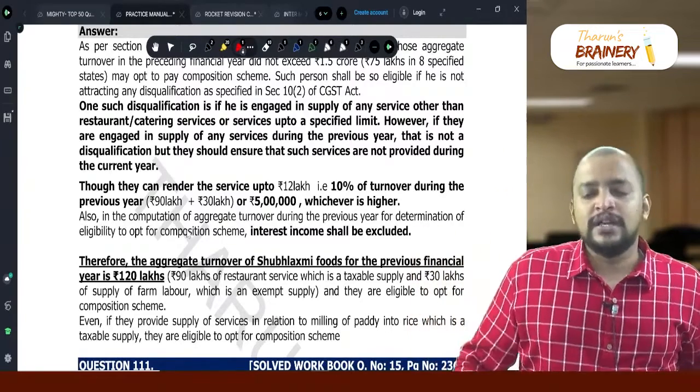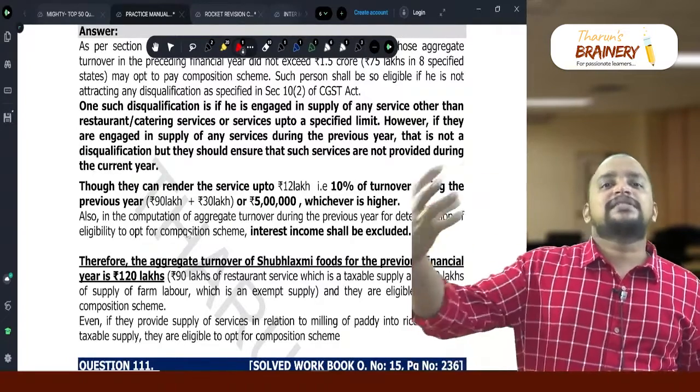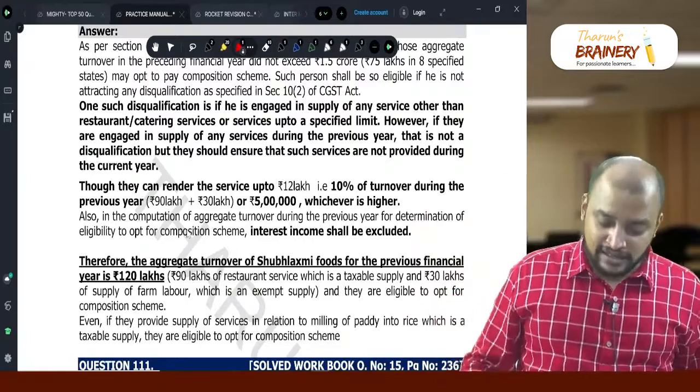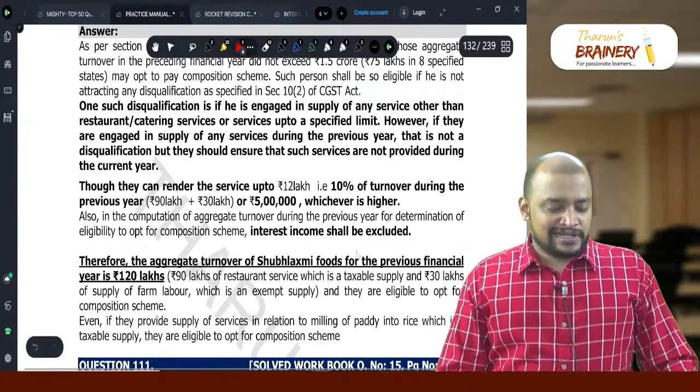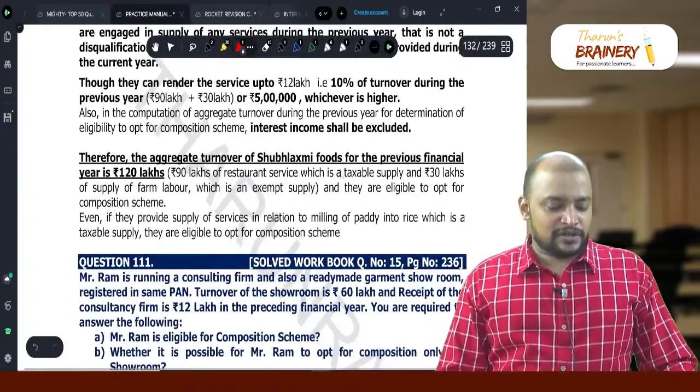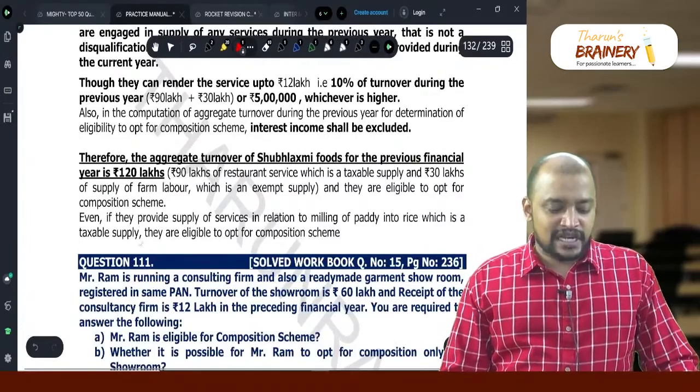Interest, no issue. Interest will not be taken. So, which means, in the 10% computation, interest will not be taken. Okay. So, also in computation of aggregate turnover, interest income shall be excluded. Therefore, aggregate turnover of the previous year is 120 and they are eligible to opt for composition scheme even if